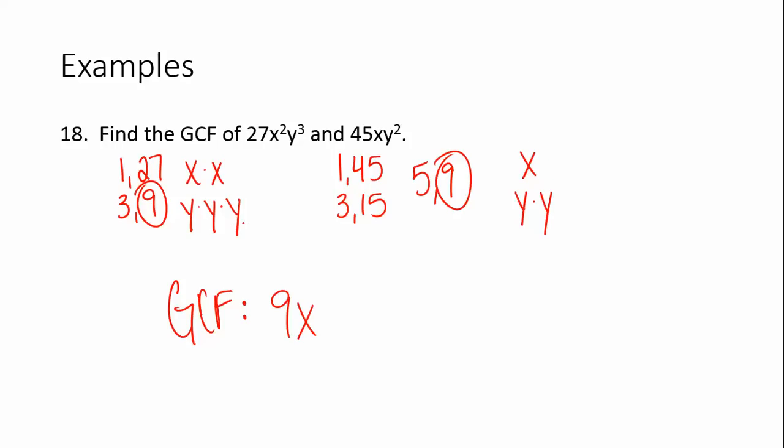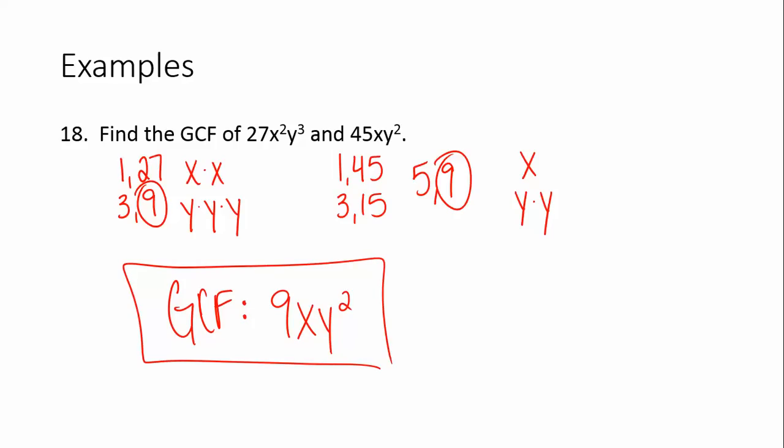And for the y's, we have a y cubed and a y squared. Again, we're going to take the 2 from the right because that's all that term can share. This term can't share 3 y's, it only has 2. So hopefully that makes sense. It's the largest factor on the coefficients, but it's the smallest number of the variables that they have in common. Remember, they have to have them in common. If they don't have them in common, like the last example, then none can be